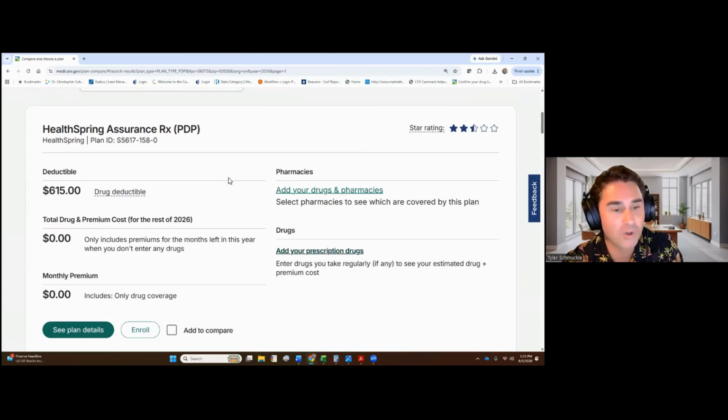There's also a new GLP-1 bridge program. And so some of these plans are covering GLP-1s, but only for type 2 diabetes or sleep apnea. This new GLP-1 bridge program will allow you to access these medications for weight loss. And so I think I have a slide